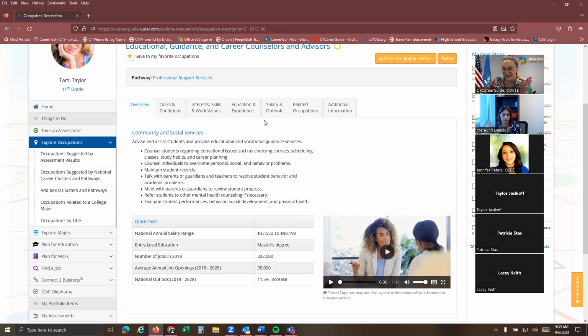And I love it because this lets the student really go deep and dig into different options, right? So it gives them a quick overview, some quick facts. I love this part because I've had conversations with students where I said, hey, this career may require more than just a 2-year or a 4-year, or it may require a master's degree. Let's talk through that.